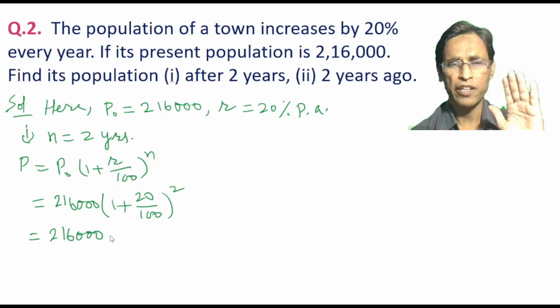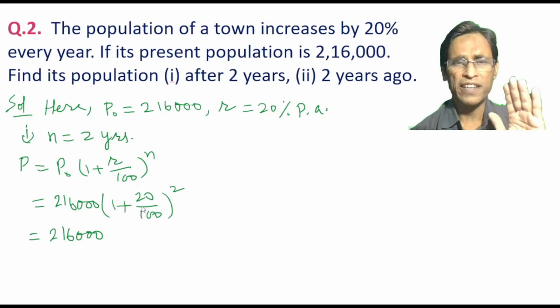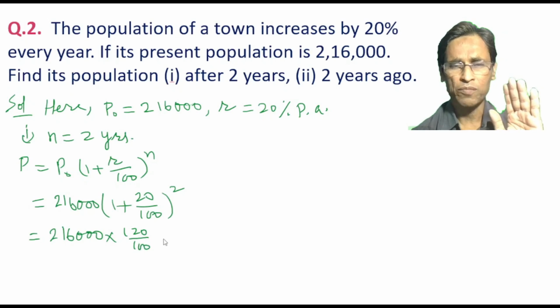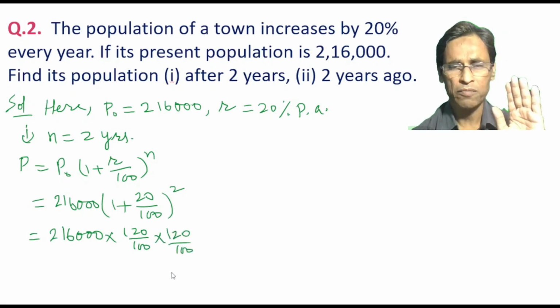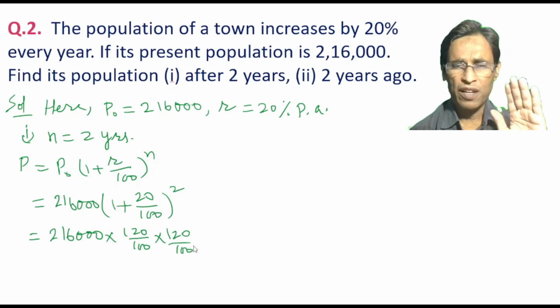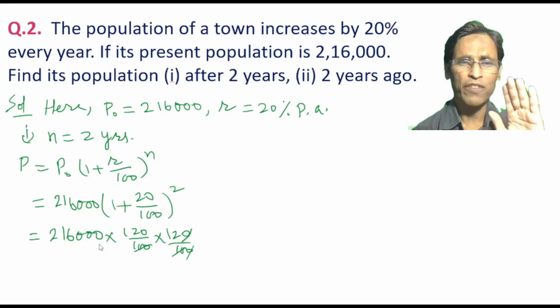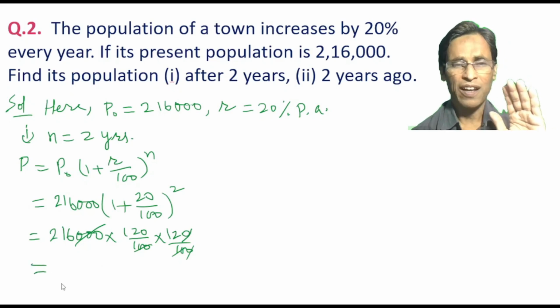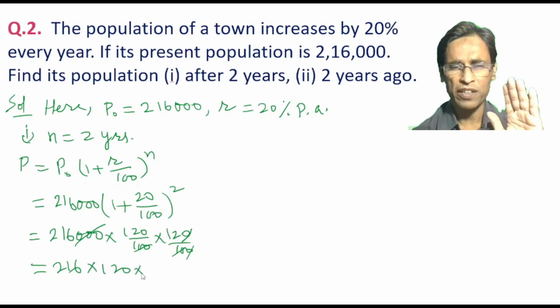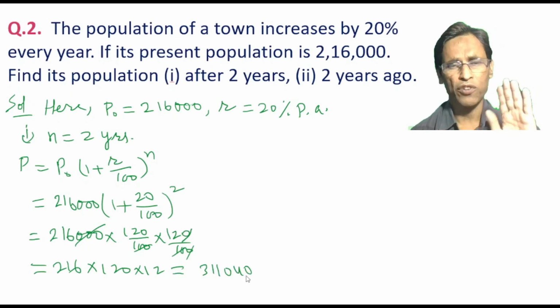2,16,000 into the terms under bracket 120 by 100 to the square, 120 by 100 into 120 by 100. Clearly we can say this 0 can be cancelled by this 0, and 1, 2, 3, there are 3 zeros more, and so these 3 zeros will be balanced by these 3 zeros. In the next step, 216 into 120 into 12, 3,11,040 is the population. Therefore the required population